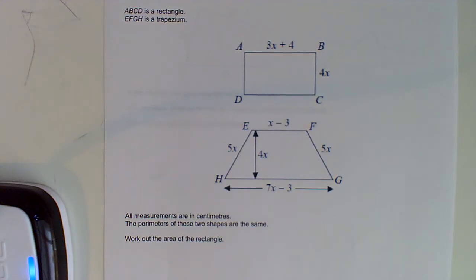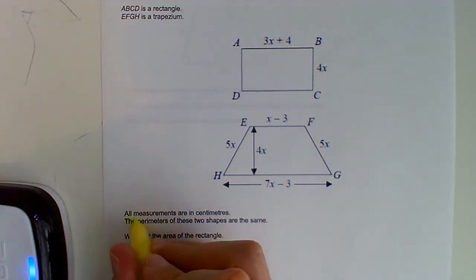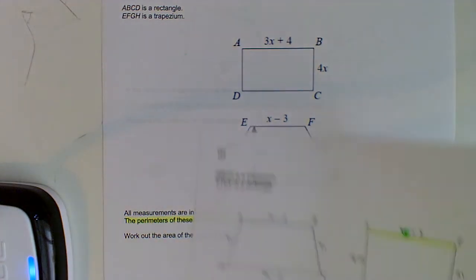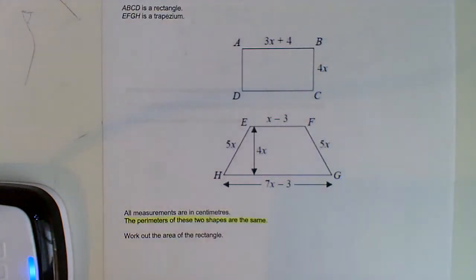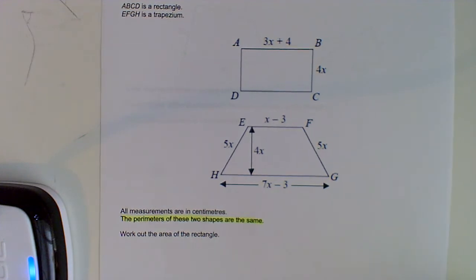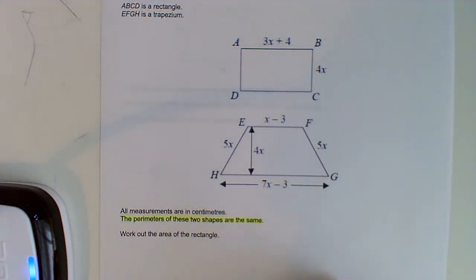Okay, so rectangle, trapezium, all measurements are in centimetres, and again, the perimeters of the two shapes are the same. So this one is very similar then, isn't it, to this? We are talking here about two shapes having the same perimeter, which is exactly what we did on question 2. So you're going to do exactly the same thing, figure out the perimeter of that, figure out the perimeter of that, set them equal to each other, figure out what x is,